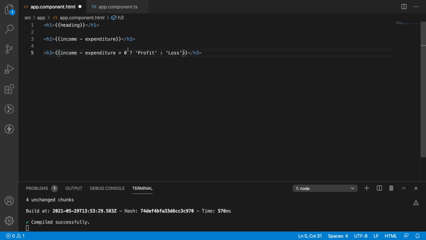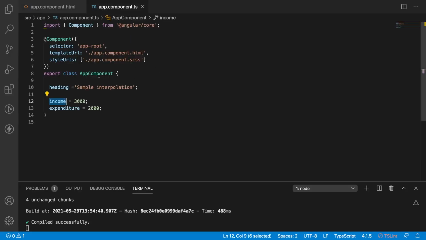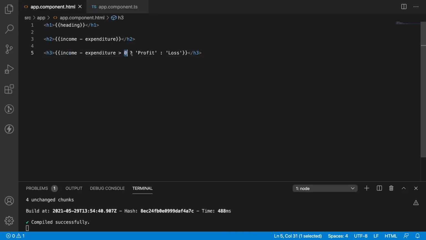So by this we can execute our ternary operator using interpolation in our HTML. When my income minus expenditure is greater than 0, it will print profit, else it will print loss. So in this case, my income is 3000, my expenditure is 2000. 3000 minus 2000 is 1000, which is greater than 0. So hence I'm in profit.